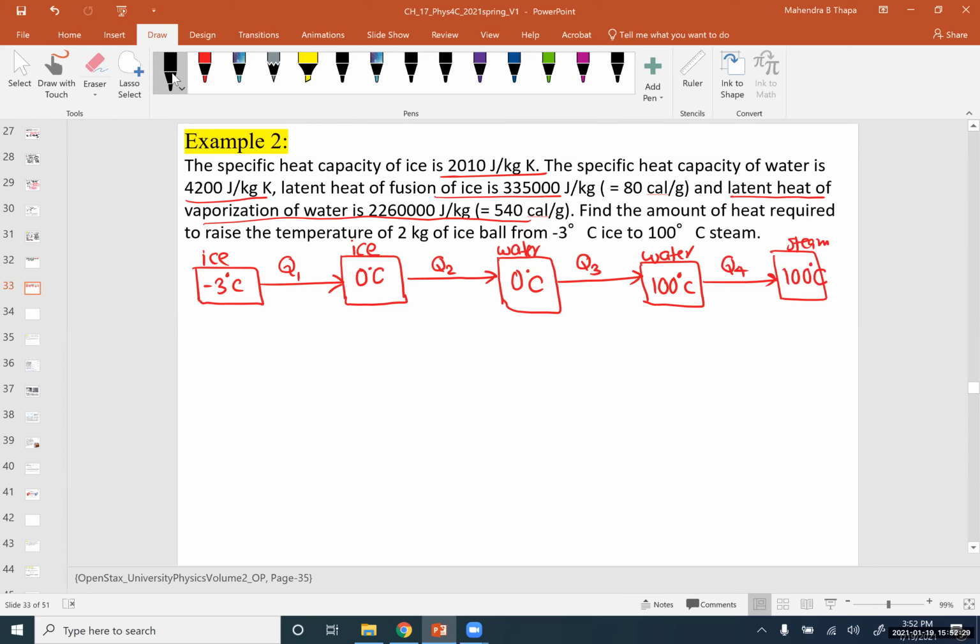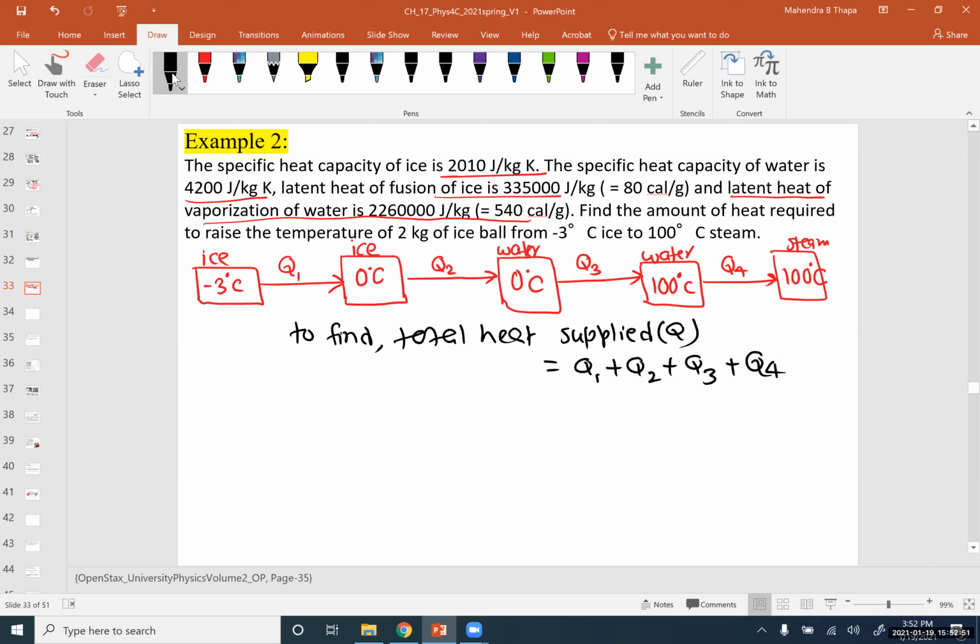Okay. So we have to find the total heat supplied. This will be Q, which is the sum of Q1 plus Q2 plus Q3 plus Q4. You have to find all the heat supplied. Okay. So